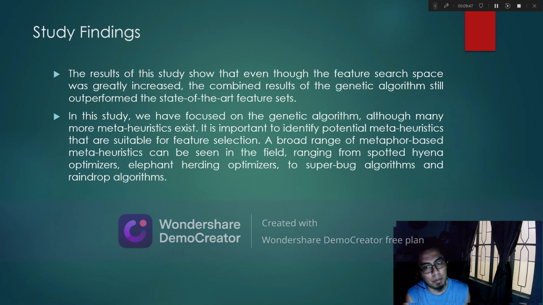A broad range of metaphor-based meta-heuristics can be seen in the field, ranging from spotted hyena optimizers and elephant herding optimizers to superbug algorithms and raindrop algorithms. So here they mentioned that